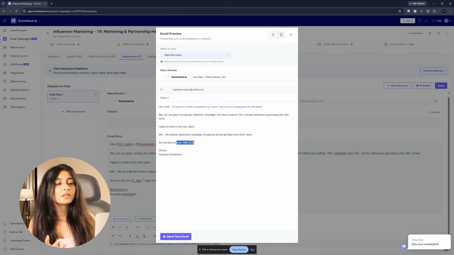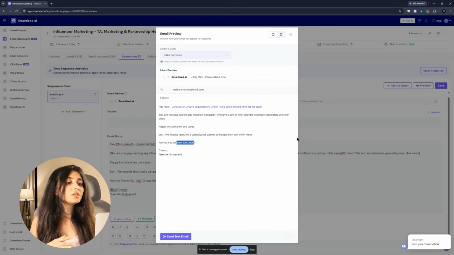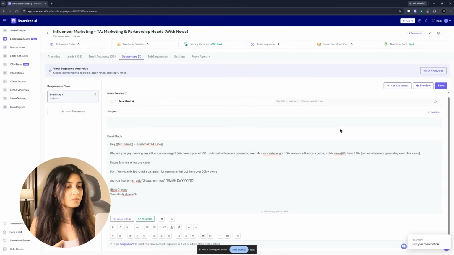But here's what this layer cannot do. It cannot say anything specific about the prospect's company. The structure is still identical for every lead, and that's the part that actually kills reply rates. Because every prospect has seen this exact structure 5 times this week. So we go up a layer.